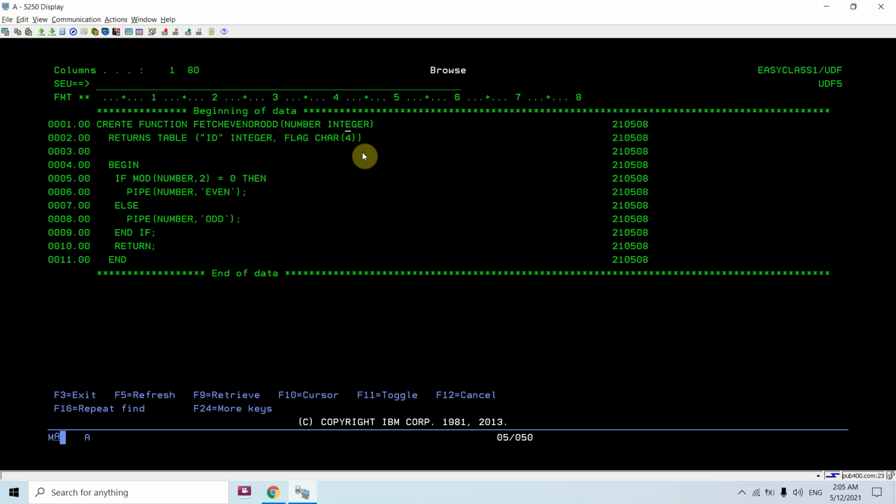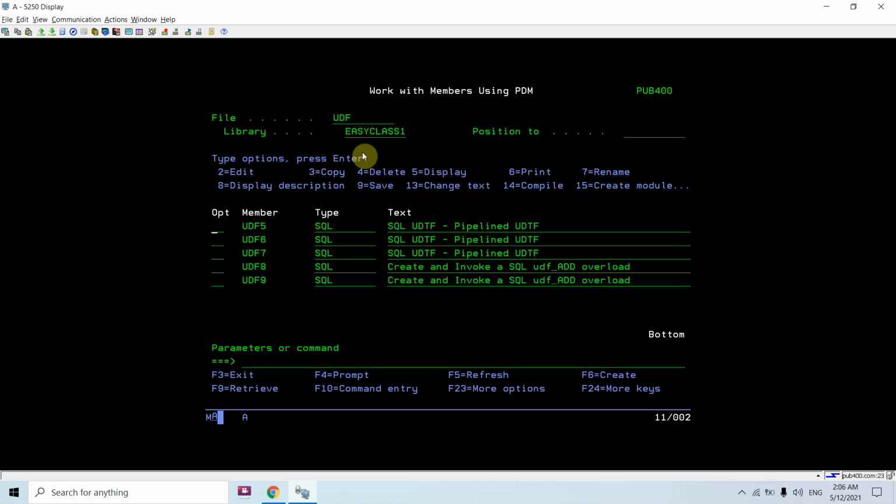So both the function names are the same and they exist in the same schema. Now once I create the function, the system automatically gives the specific name to this if I do not specify that. But if I specify it, I know what the specific name is on my own. I don't have to search for what name the system has given it.